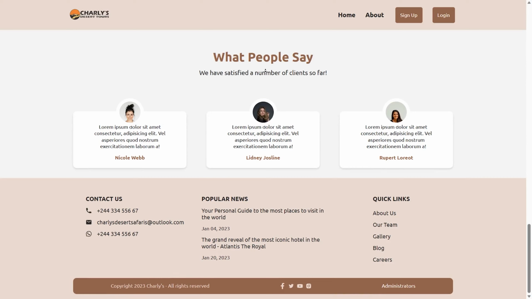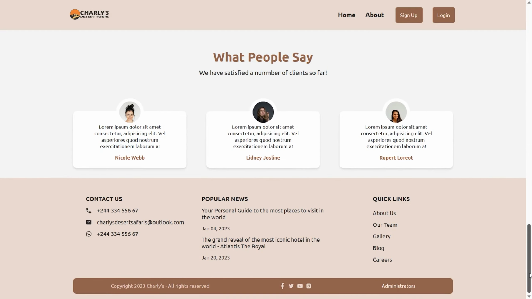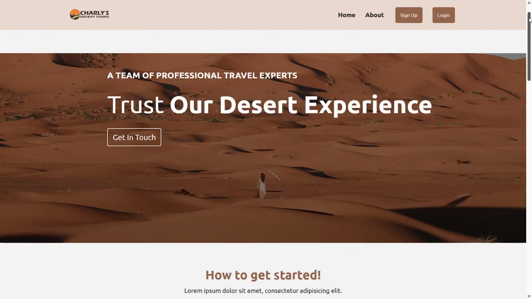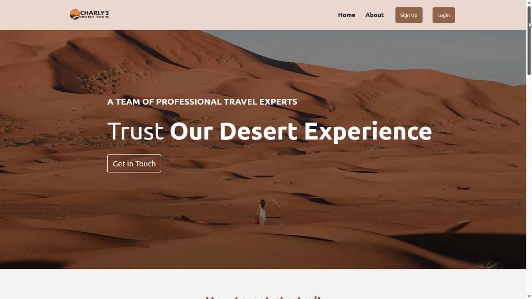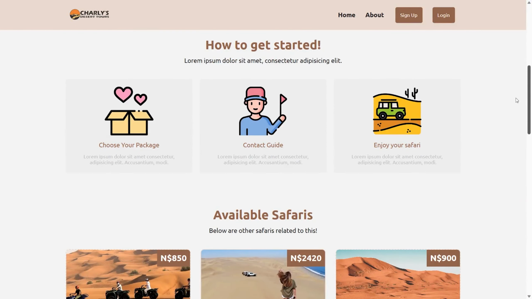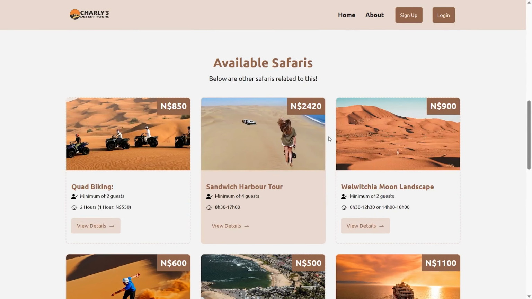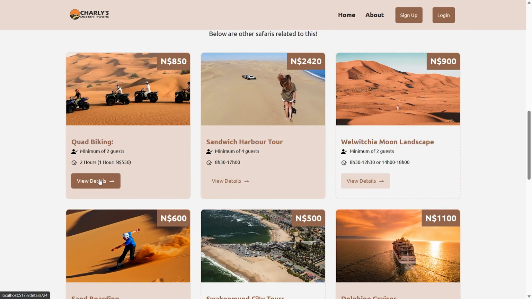So we have very few sections on the front end. As you can see, let's scroll back to the top, we do have a home page, like our hero section. From the navbar, that's self-explanatory. We do have how to get started, like a quick guide. We do have our safaris. So these are the safaris. These are derived from the database. If I click on one of these, for example,